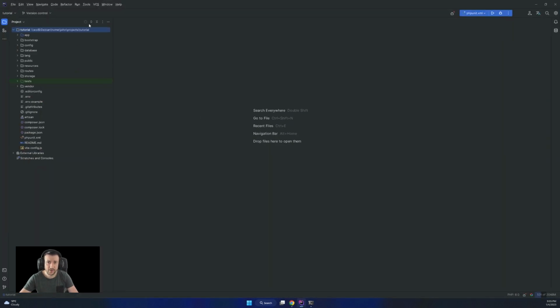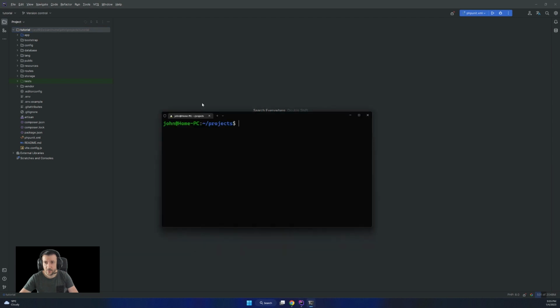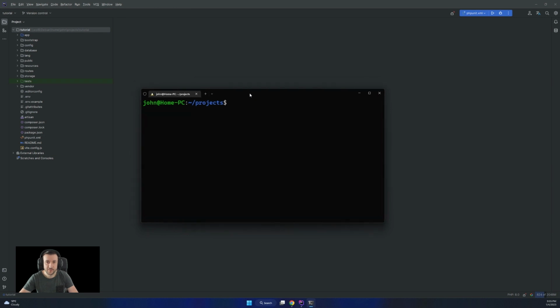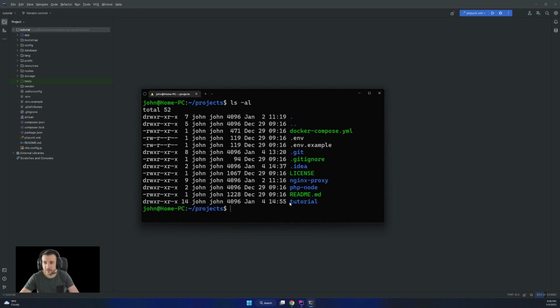We have the tutorial we created last time. Inside, we exec into the projects PHP node container that was created, and we cloned it, and if we go in here, the tutorial is in there.